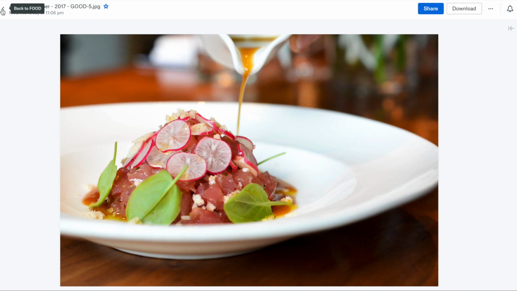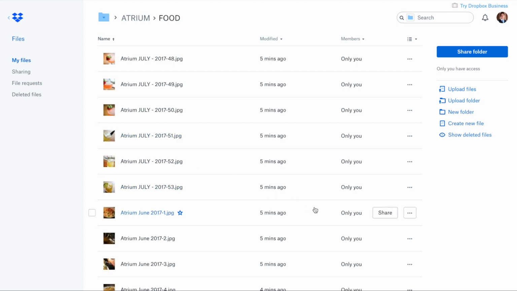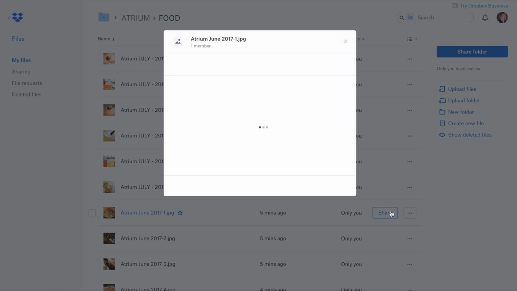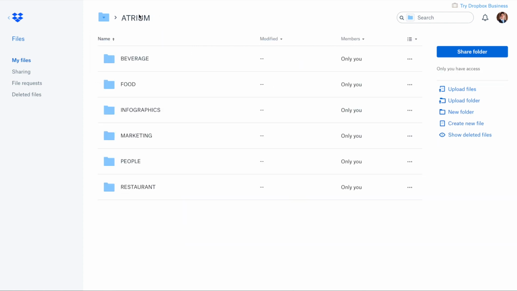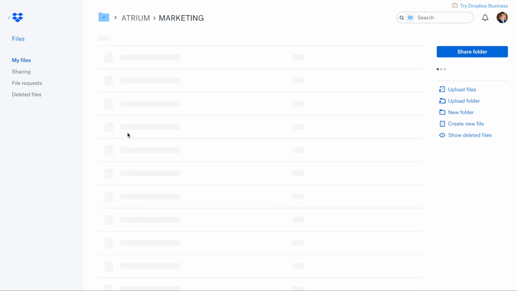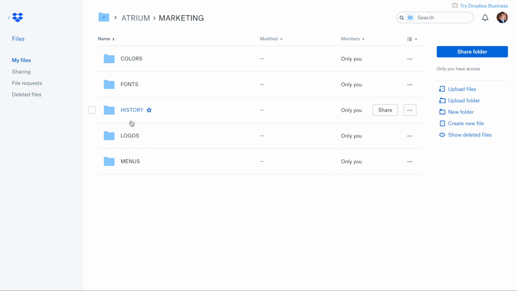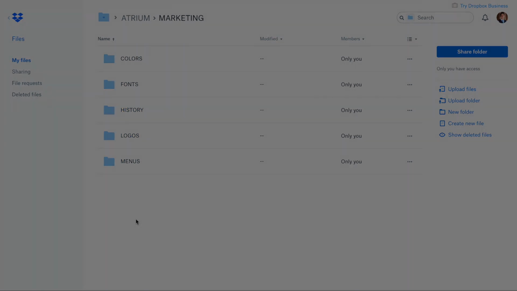More than that, I can also add my clients to the folders, so I can create a folder for one of my clients, invite them there, and then everything goes in there. All the assets, all the content that I collect goes in there, and then all of their existing content can go in there as well. So fonts and style guides and logos and other existing assets that they've had in the past, all of that gets dumped in there, and then we all have access to the same stuff. It's absolutely saved my life. I couldn't do my job without it.